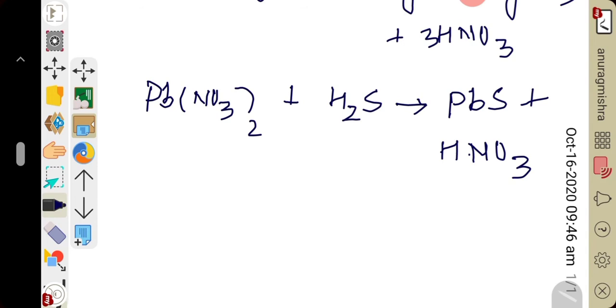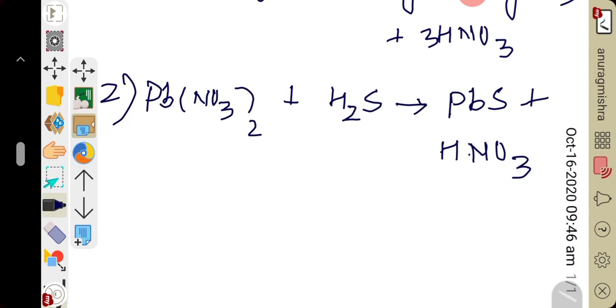Right? So I hope you understood. In the second step, what we did was pass the hydrogen gas having the impurity through the lead nitrate solution. Lead nitrate solution has an affinity for hydrogen sulfide. It undergoes reaction with hydrogen sulfide to form lead sulfide plus nitric acid. In this way, the impurity of hydrogen sulfide is removed from hydrogen gas.